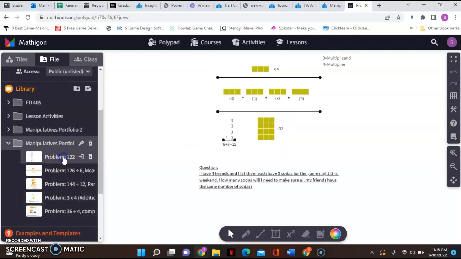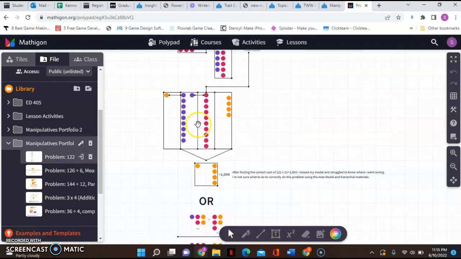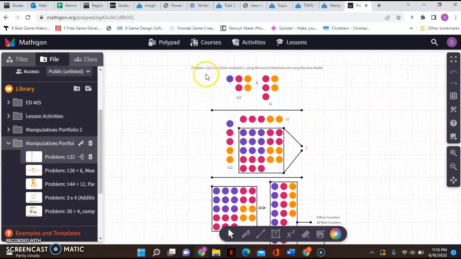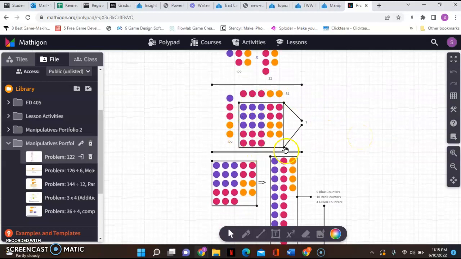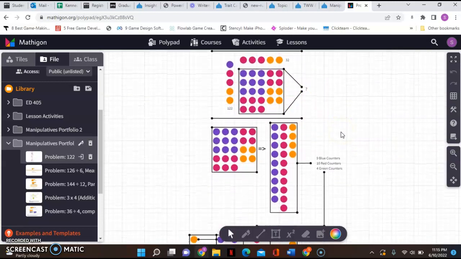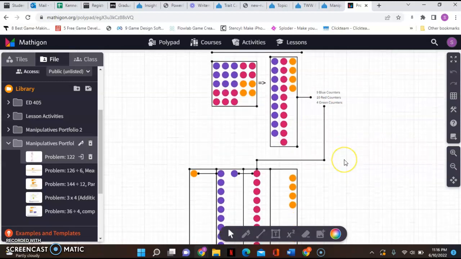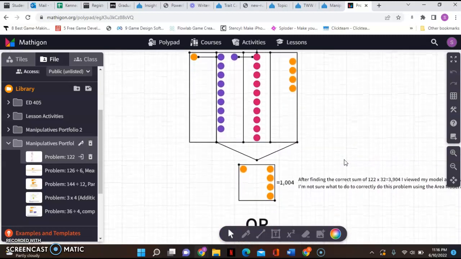Then the second multiplication problem was this. This one was a bit trickier because it was 122 multiplied by 32, and 32 is the multiplier, and we had to use hierarchical materials and the area model. This was my first attempt at solving it with the area model. I couldn't exactly figure out what I did incorrectly, but I did not get the correct answer. But the answer I did get was